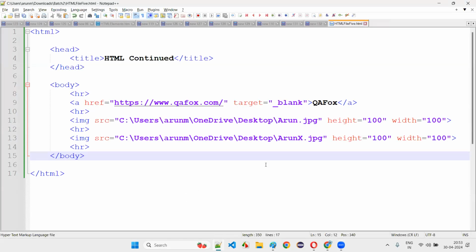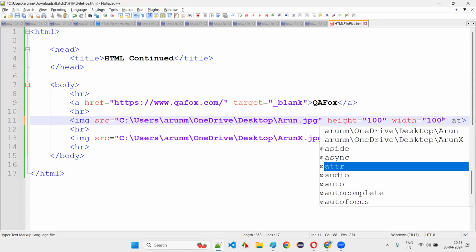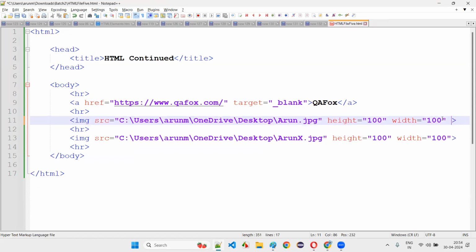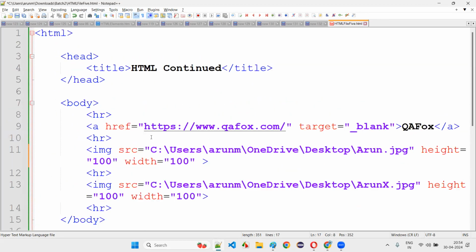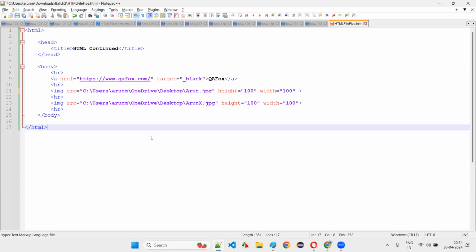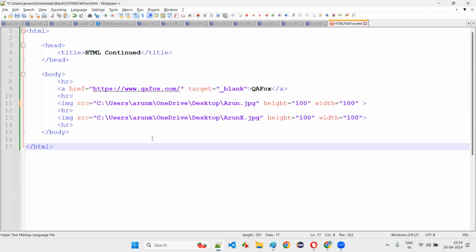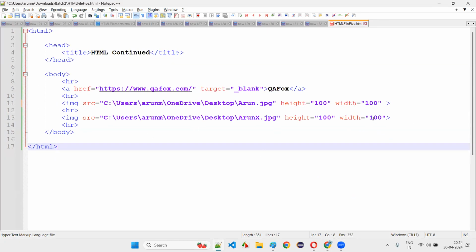For that reason, we can write here. Here also I'll give alt. I'll just reduce the size here. How to reduce the size? Control minus, or control and mouse scrolling. Hold the control key and use mouse scrolling, like this, so that you can see the complete code.